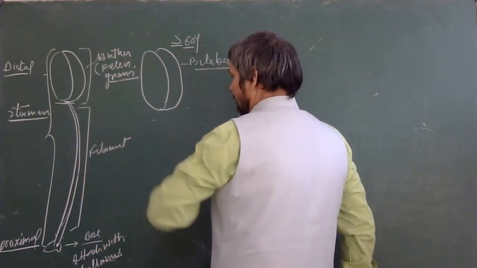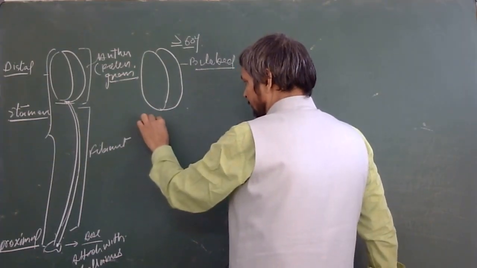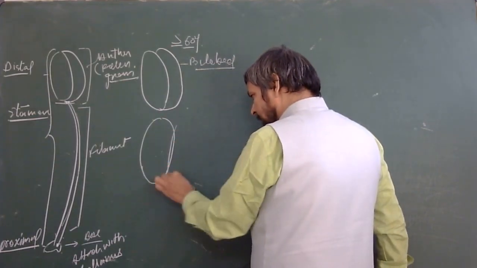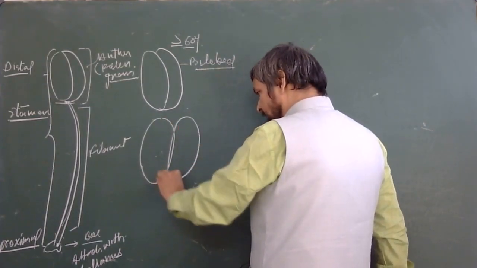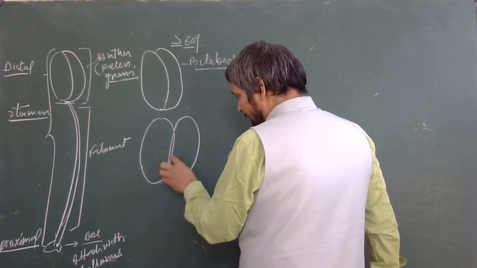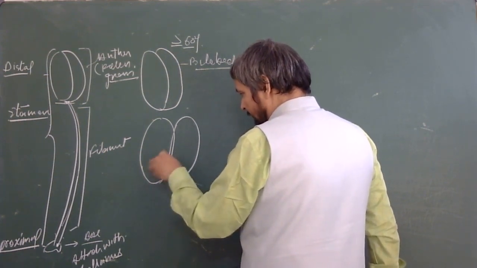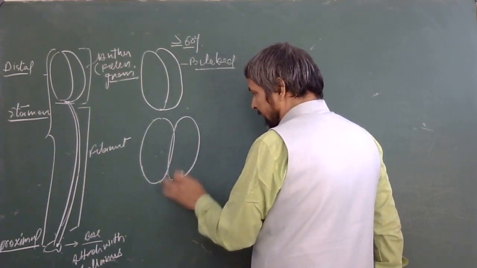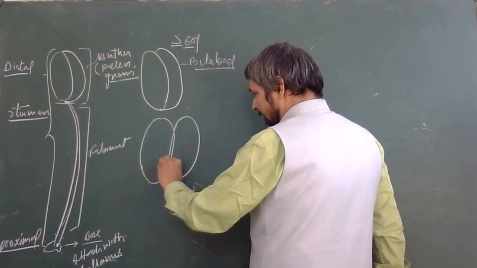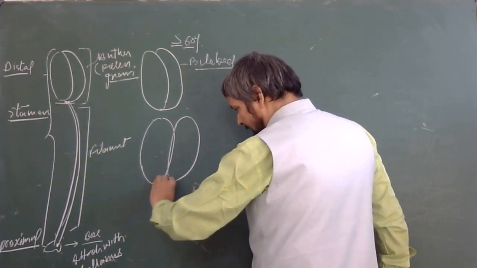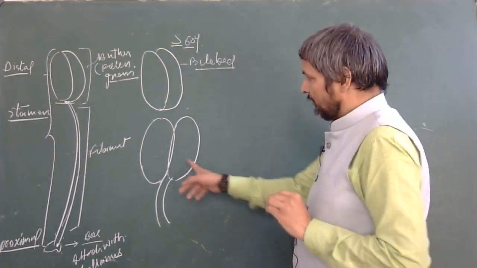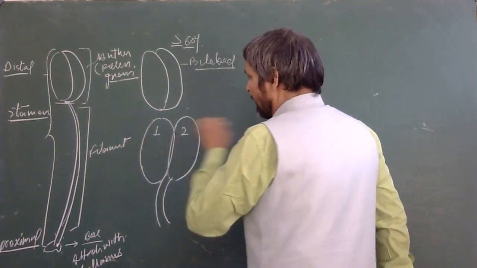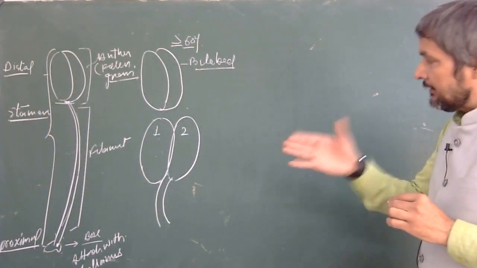If you can elaborate it in a simpler way, suppose like this and this, and somewhere on the basal part, at the dorsal end or ventral end of these two sections of the anther, the filament comes out. Right? So you have two lobes, lobe 1 and lobe 2. That is why the typical angiospermic anther is known as bilobed.